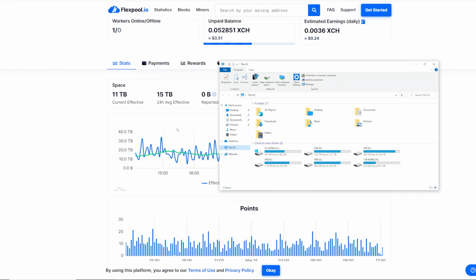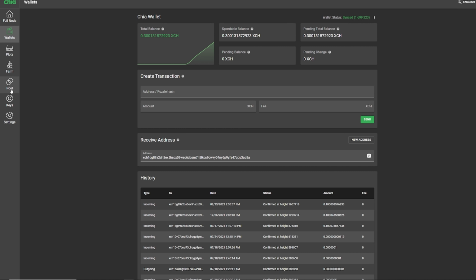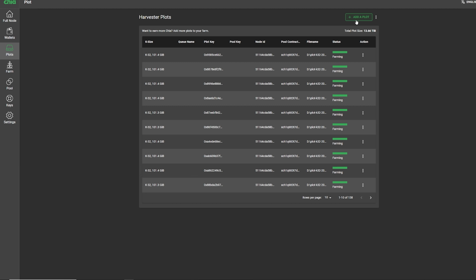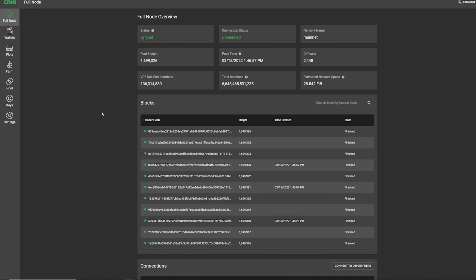I just wasn't motivated to keep doing that, and I wasn't sure how many plots I could keep adding, given the size of my hard drives. It is 101.4 gigabytes per plot, but I just didn't know the math, so I did like 10 at a time, and I always came back to it in case my rig crashed, and it never crashed. My PC here with an i5 and I think 16 gigs of RAM was totally fine for plotting and also farming. And yeah, this rig has been really good.